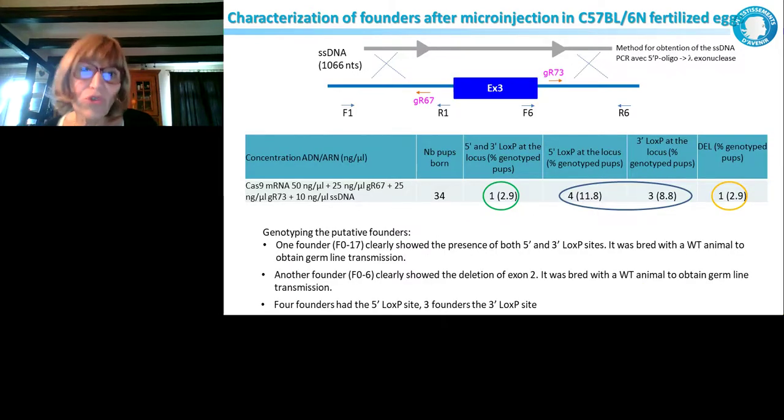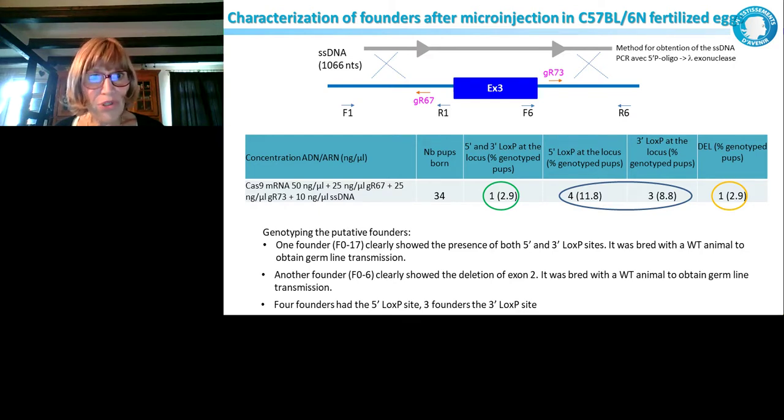And here I want to show you one project that worked pretty well in our hands. It's not really obvious, because we observed a little bit the same kind of things that were observed by all the people who tried to do conditional knockouts, but with a single-stranded donor DNA instead of 2 single-stranded oligos to insert the LoxP sites, it will work better. And that's what we obtained.